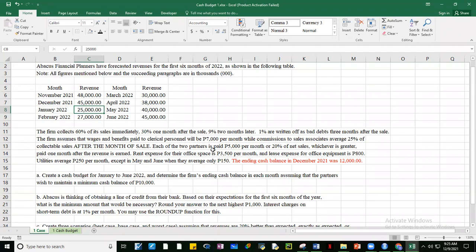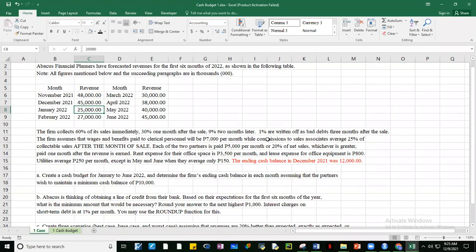Okay. Now they have some disbursements, some cash expenses: wages for clerical personnel, that's 7,000. Okay, and then we have rent expense 3,500, lease 800, utilities 250 per month, except in May and June when they average 150.